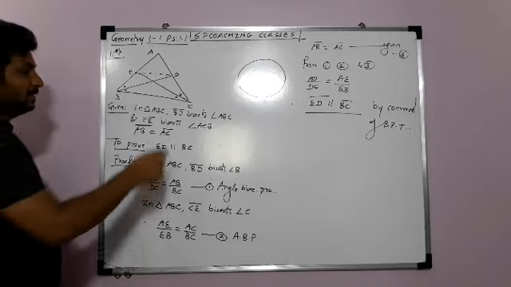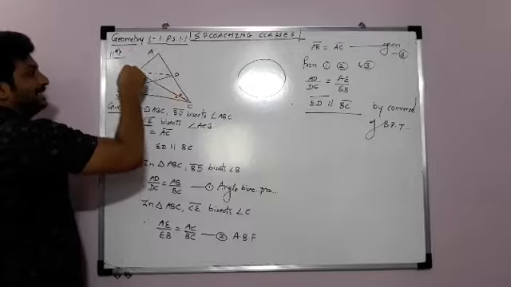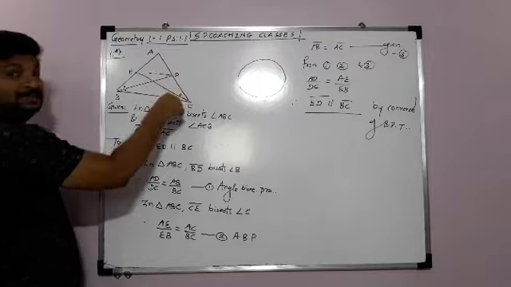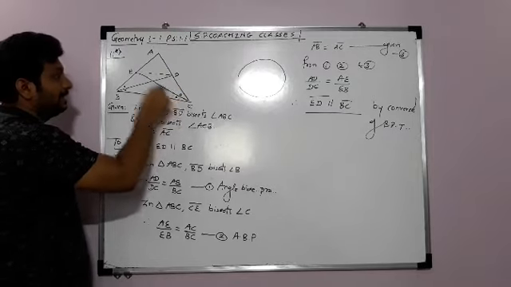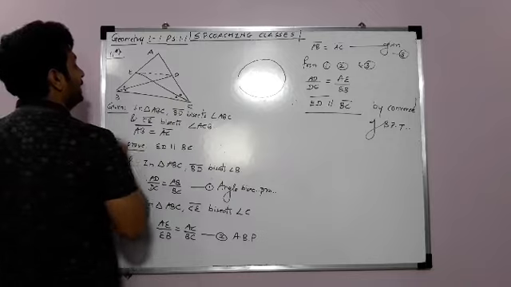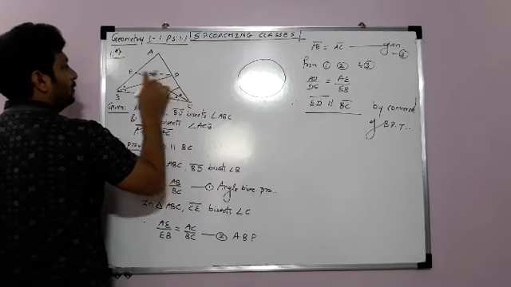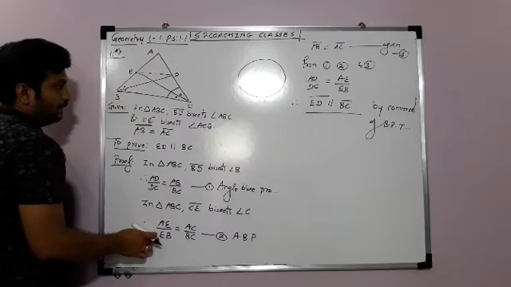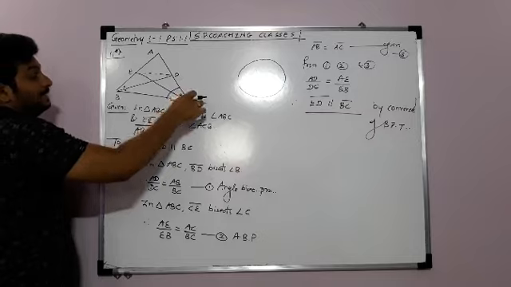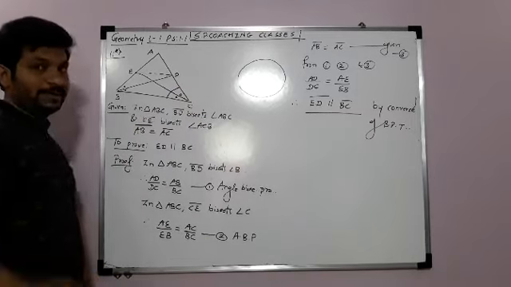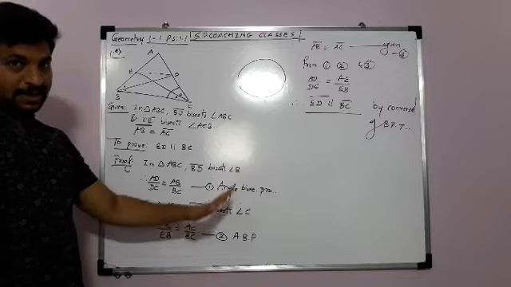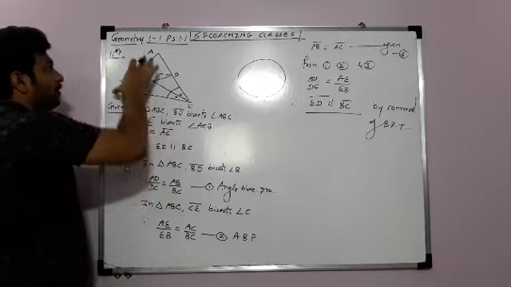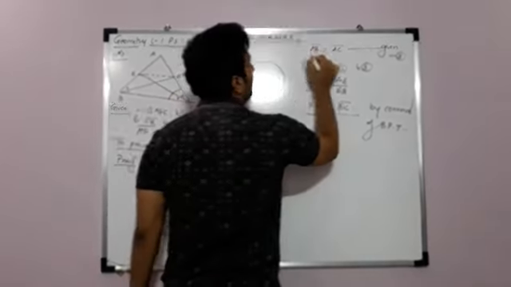In the same way, guys, now for this bisector CE. Again in triangle ABC, ray CE bisects angle C. Is it clear? Since CE bisects this angle, AE upon EB is equal to AC upon BC. Apply the angle bisector property. Do you understand guys? In both places we have simply applied the angle bisector property. What next guys? See, AB and AC are equal. This AB and this AC are given equal. That is the given part.